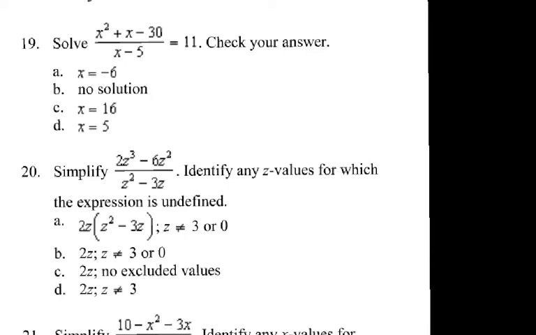Alright, so let's go ahead and look at number 19, where you have to solve a rational equation. On the bottom, the denominator is x minus 5. So to get rid of the fractions of a rational expression, you are going to multiply by the denominator. There's only one. So I'm going to put a big parenthesis here, and I am going to multiply by x minus 5. So when you distribute, when you multiply, the bottom cancels with the one outside. So you are going to have the top, and I'm going to put it here on the right side of the screen,